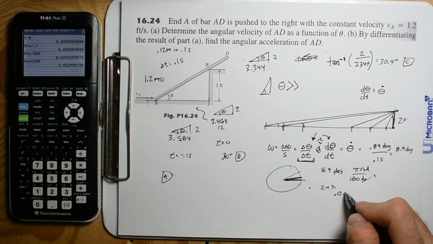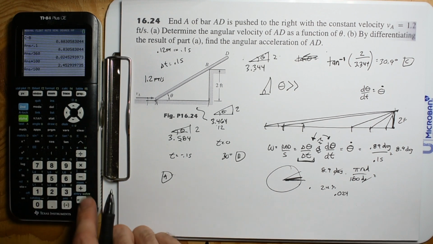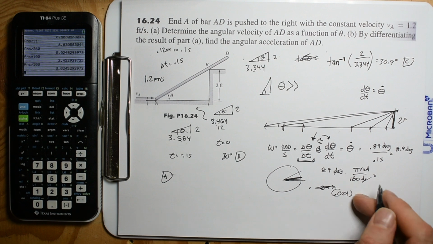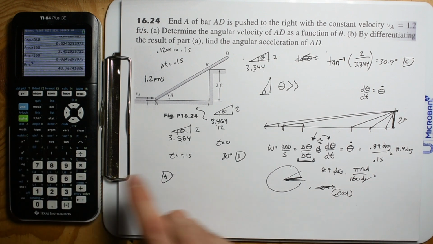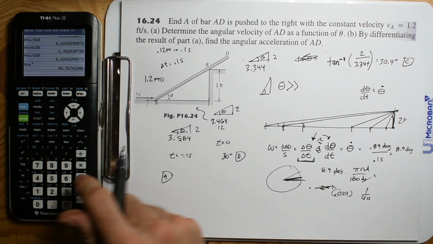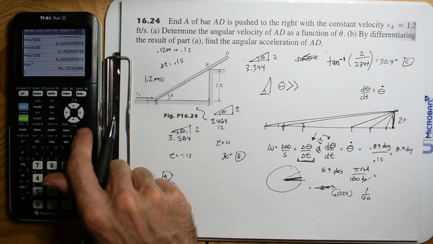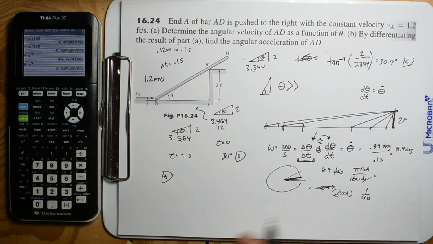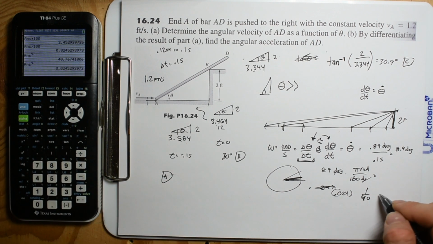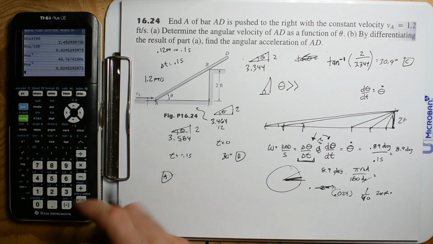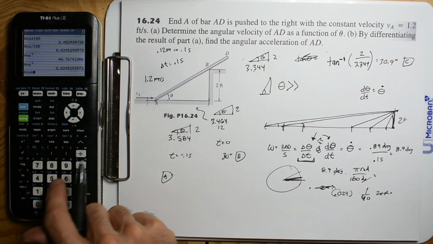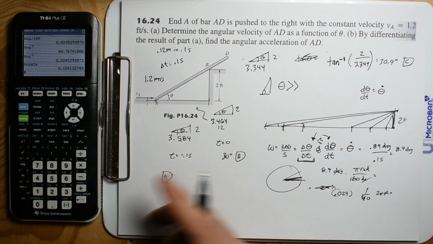It's 0.024 as a fraction. It's that much as a fraction. So it's 1/40th of a circle if I invert that number. But then, what's 1/40th of 2 pi radians? That's basically what we're doing. So we're going to multiply this by 2 pi, and we get